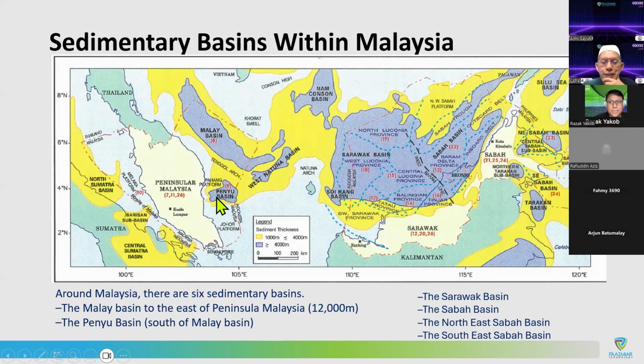Penyu Basin actually is another basin close to Pahang. But Penyu Basin has quite poor quality sedimentary rock, so the storage of hydrocarbon is not much. Some marginal fields have been proposed in this area because it's close to shore, and some are being run. So some marginal fields are there. Some oil but not much.